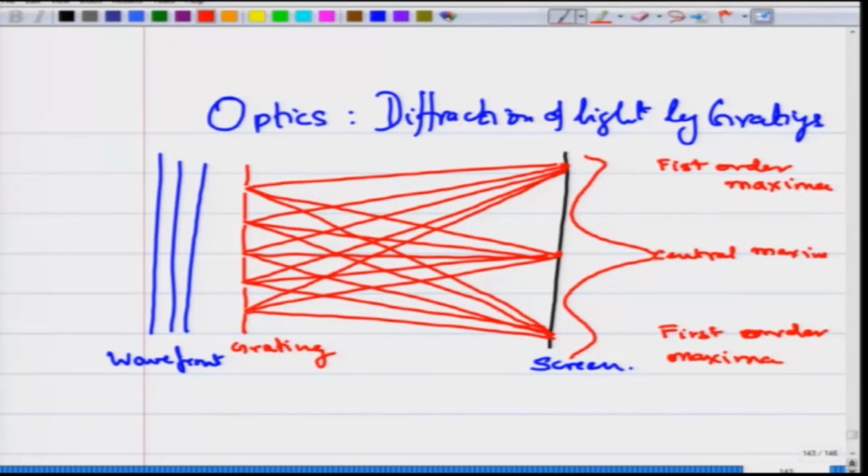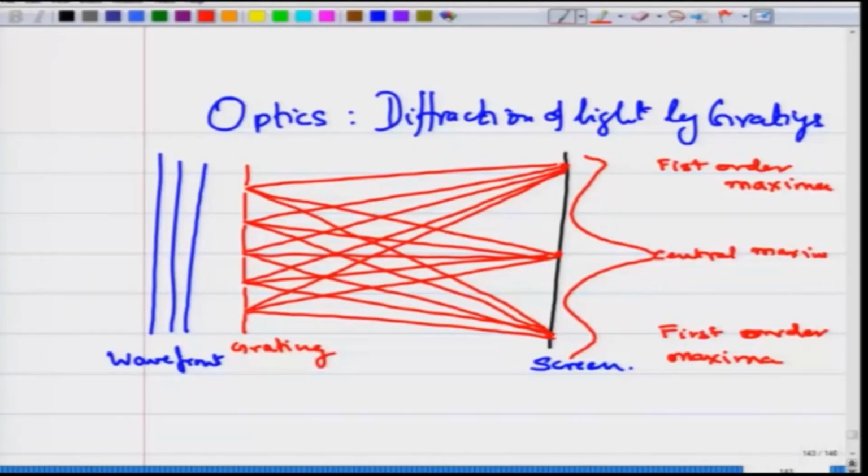So, the phenomenon of diffraction leads to this periodic brightening of light, and it occurs because of the periodic spacing of these slits or grating in your path of incoming light,